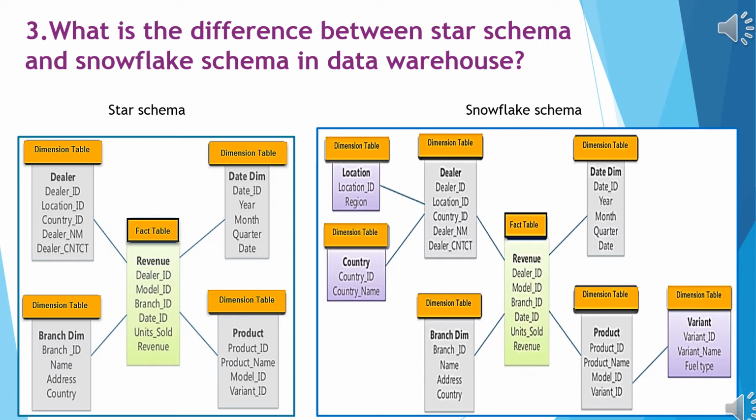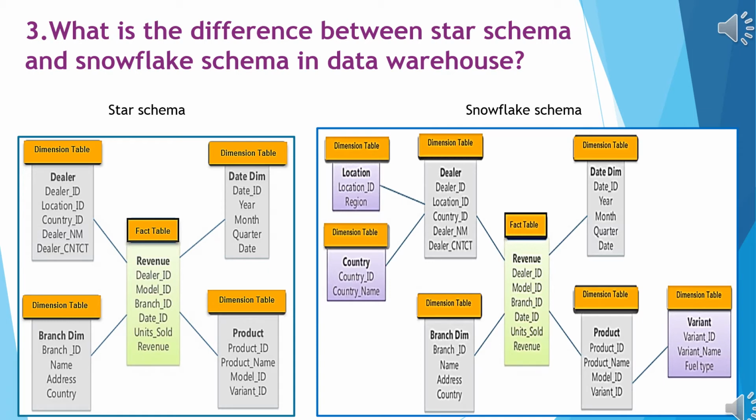The main differences between the star schema and snowflake schema are if you use the star schema, the data redundancy will be more. If you use the snowflake schema, the data redundancy will be very less because we are using normalized tables. And also one thing you have to remember, here we have more number of tables, and because of this we have to maintain all the tables. Maintenance cost will be more.